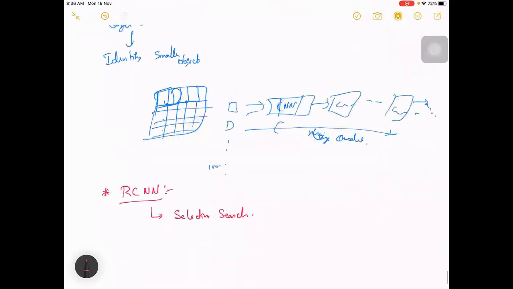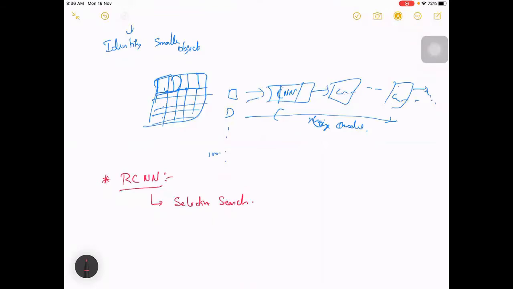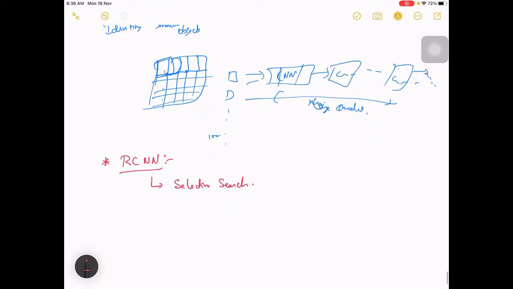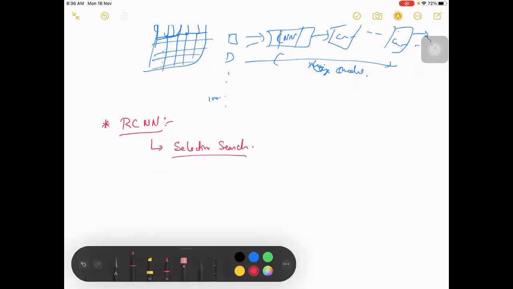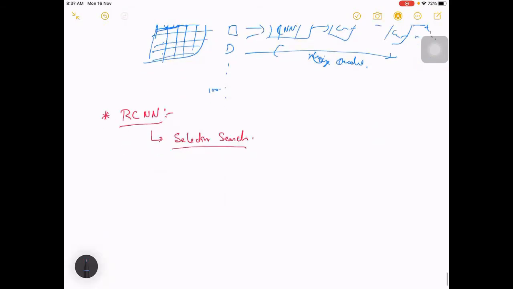Instead of that, if by some kind of algorithm we are able to get boxes where the object might be, and classify only those, then it will be much better. That is what this selective search will do. In case you have an image here, which may contain a scenery-like image, and this won't be like this, right? So you have inner pixels as well being also in one way, right?